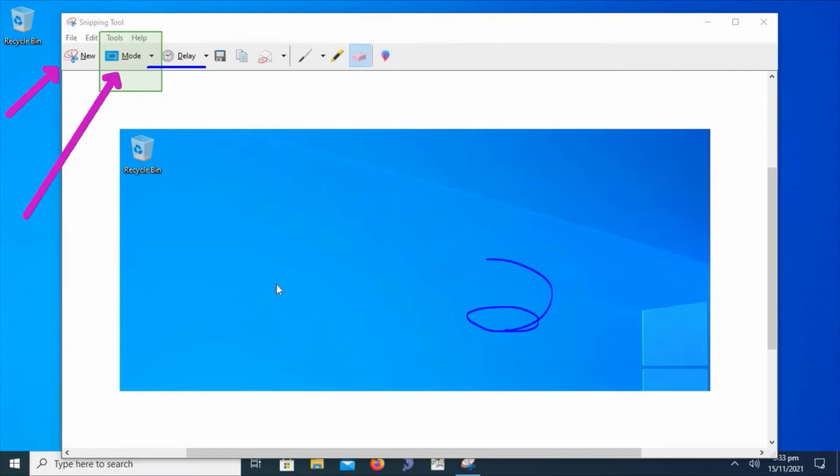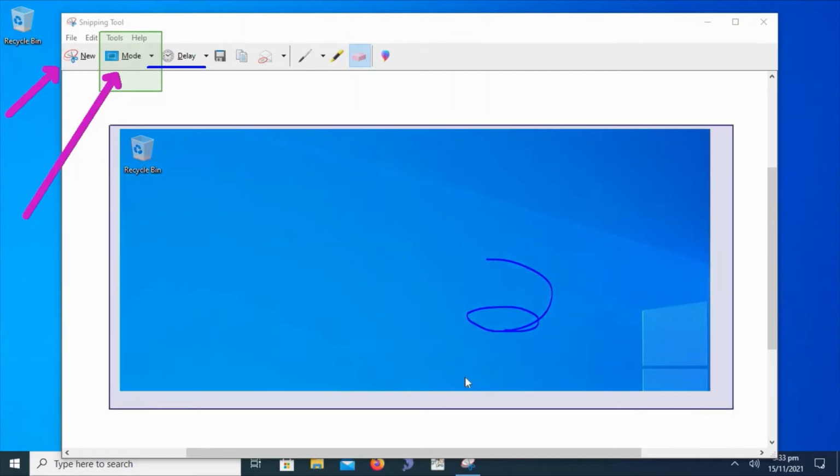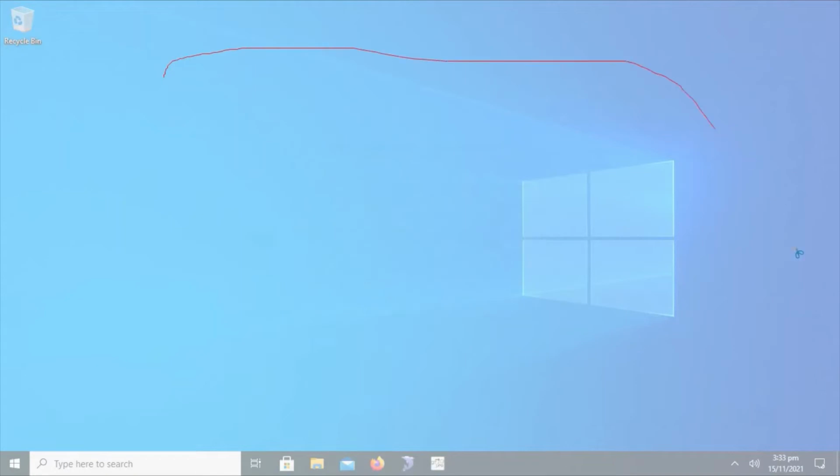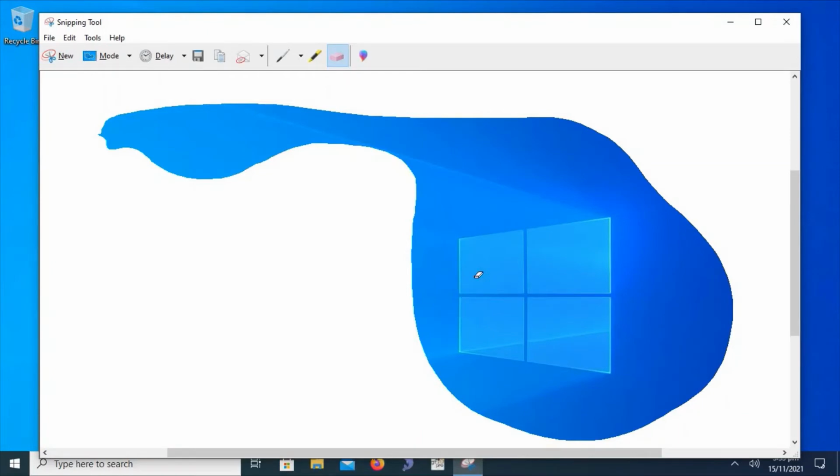The entire desktop or Windows screen area captured will be available here in edit mode. This is the screen area that we have captured. Okay, now I am going to capture a free form snip. Just select the free form snipping mode here and click on new. Now we can capture a free form image from the desktop area. We can see here, this is called free form snipping.